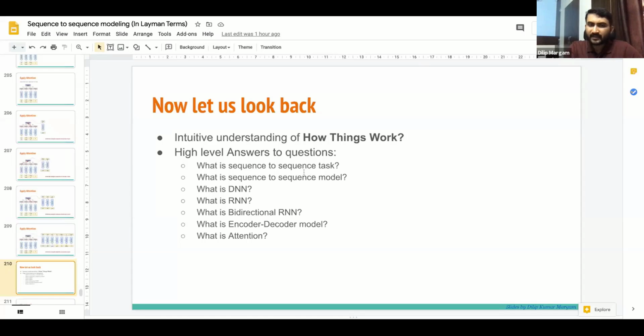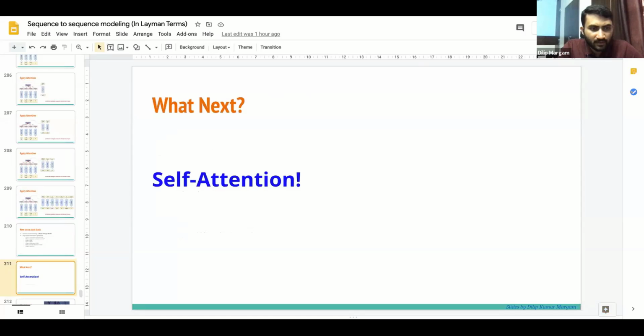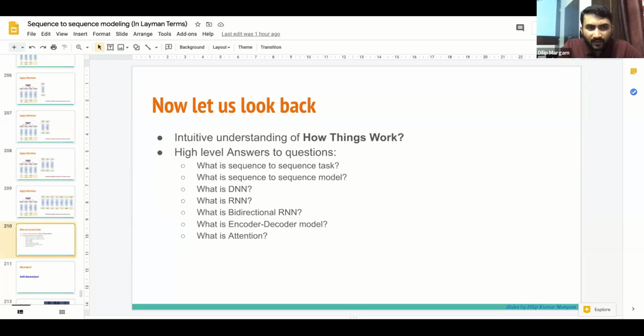What is a DNN? How is a DNN modeled? What is an RNN? Why do we need an RNN? What is a bidirectional RNN? What is an encoder-decoder model, and what is attention? I think I have covered all the things I mentioned at the beginning of the talk. So I think I have come to the end of my talk.